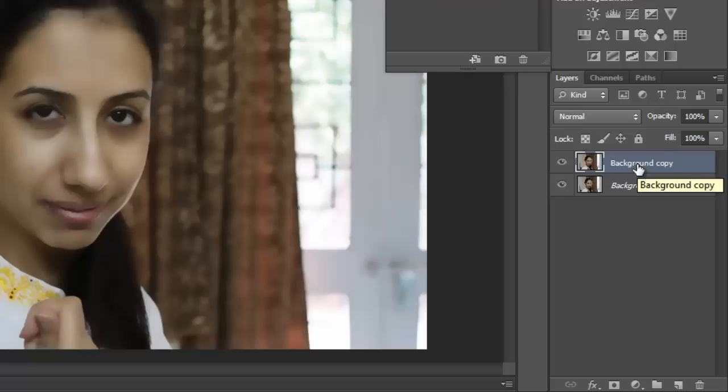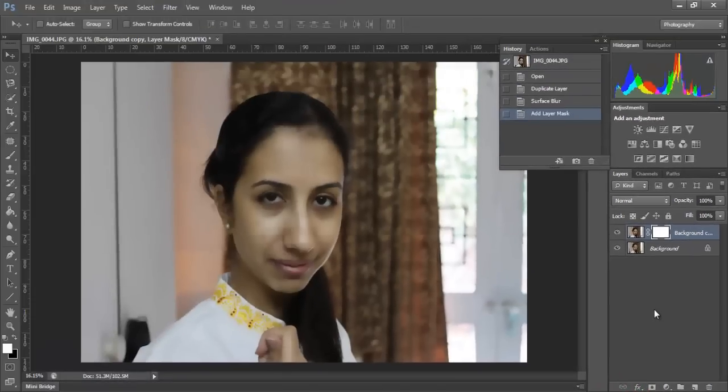Again, there are two ways. One is to click on the duplicate layer. Now go down and click on add layer mask. Or the second way is to click and drag the duplicate layer to this third icon, which is the add layer mask. So once you have the layer mask added, which would look like this,